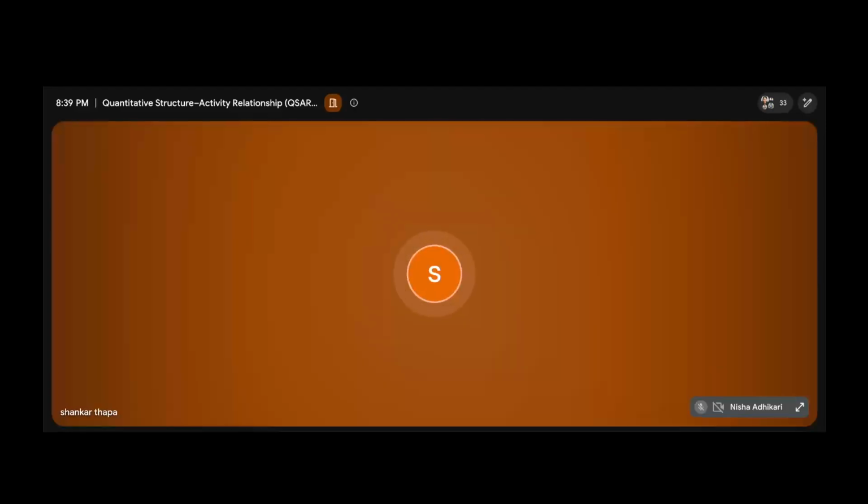Yeah, from QSAR you can. That's what I'm saying. Suppose you have taken a hundred compounds and developed the models, and now you design tens of thousands of compounds and use the models to predict the IC50 value. Among those, suppose you get 10 compounds showing the best IC50 value. You will go with those 10 compounds and do the wet lab study. First you synthesize and try to find out the activity by using cell line study and all the things. So in that way it is helpful, right?